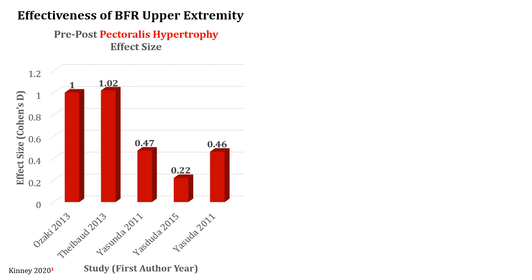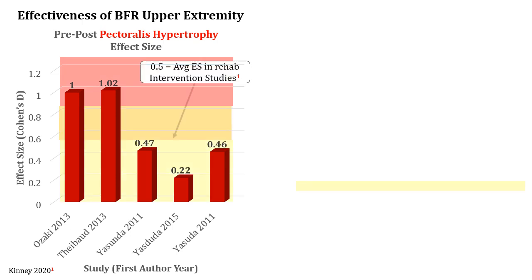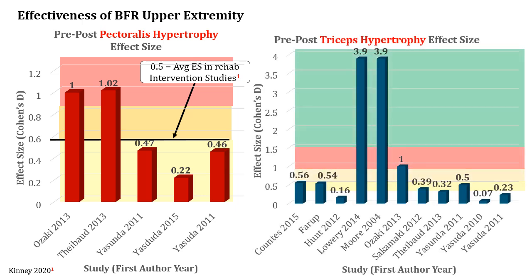So with the pre and post pectoralis hypertrophy effect size, once again, you have effect size on the y-axis, and you have the 5 different studies shown on the x. And then the interpretation, again, similar color coding to what we saw before. Anything over 0.5, which is considered moderate, is your average effect size for rehab intervention studies. And then when we look at triceps hypertrophy effect size,